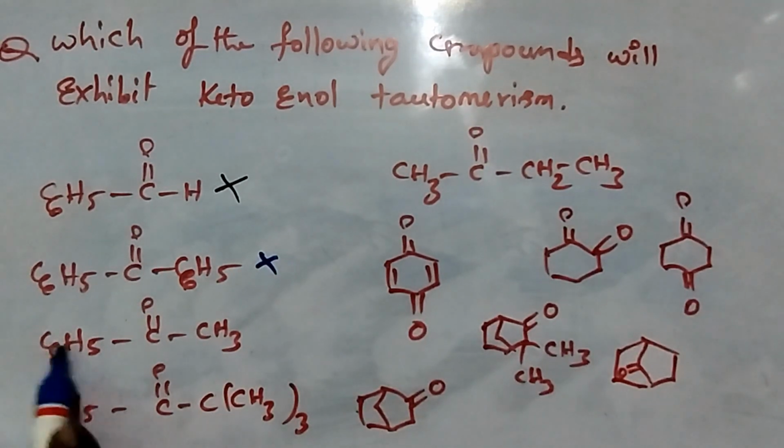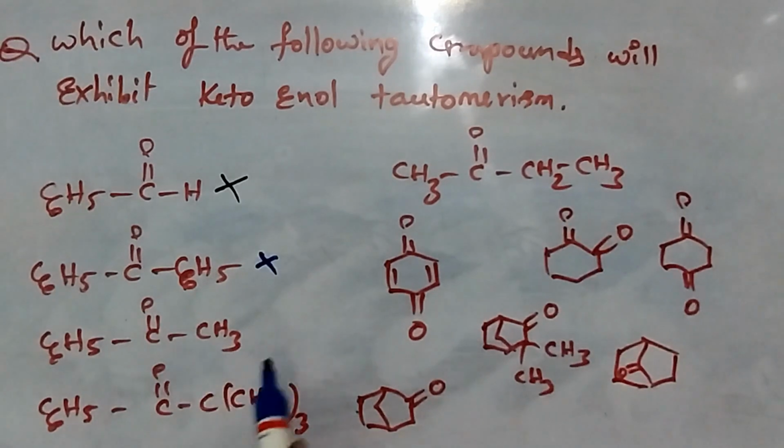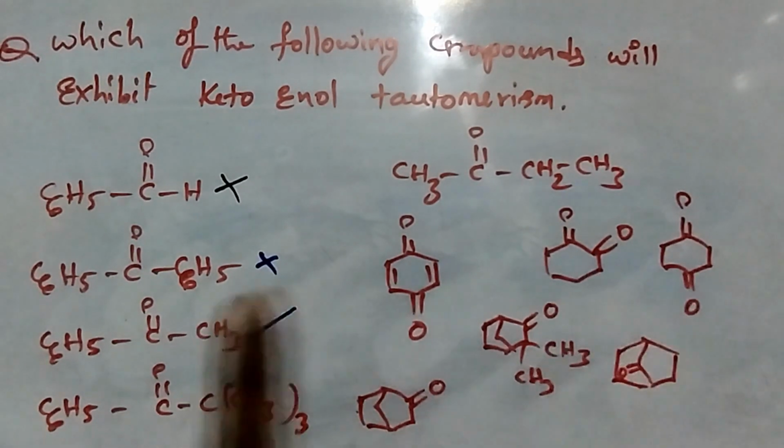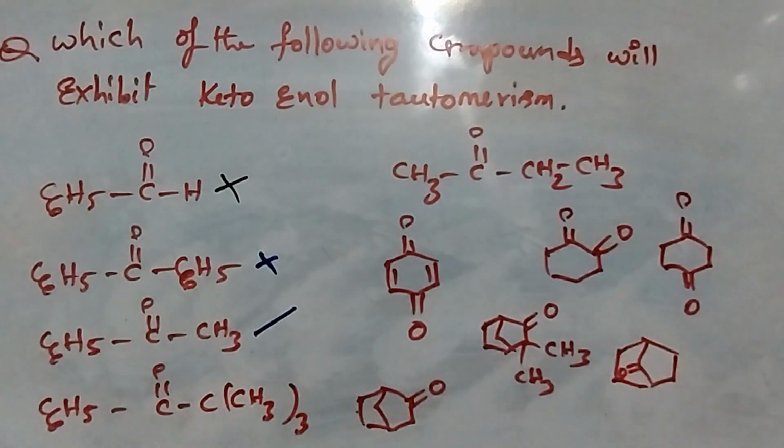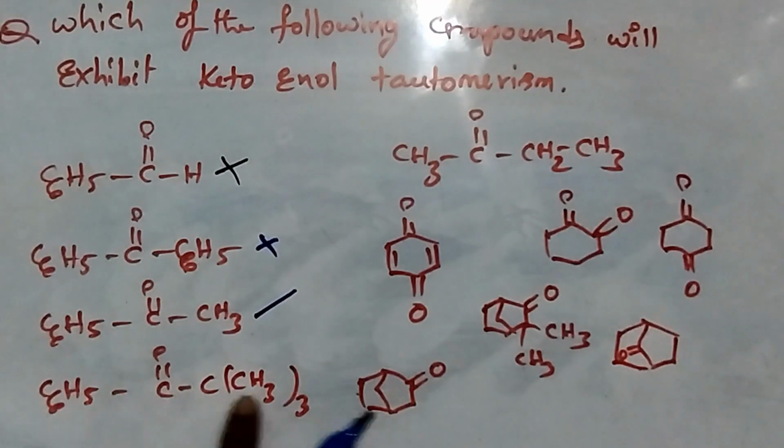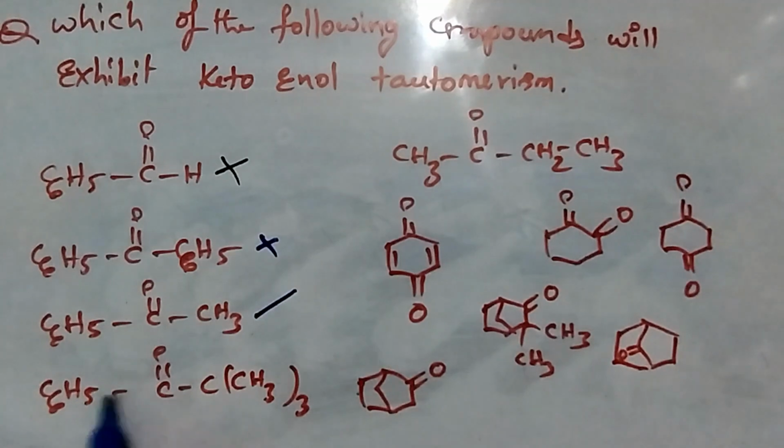Here one side no alpha hydrogens, another side 3 alpha hydrogens are there, so at least 1 alpha hydrogen is enough to give the tautomer. In this compound no alpha hydrogens, this is a benzene ring. Here alpha carbon is there, but the 3 hydrogen places are substituted with methyl groups, so no alpha hydrogens,